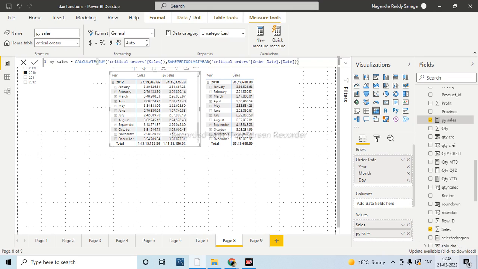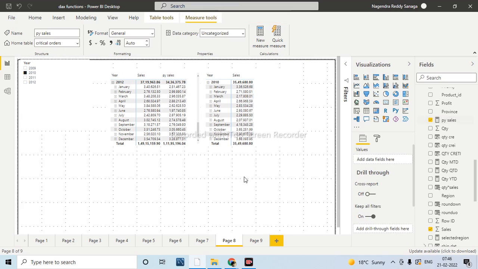But my requirement is that now I am seeing the information until the 21st, whatever information we have. Today's date is the 21st, right? Now I want to see the last year's information only until the 21st. Then directly this function will not work. Then you should use some alternate function. Directly we don't have that function. You need to work around it, and you can get the information only up to the particular date. Recently I have done that scenario. I will show you that tomorrow. I will take that DAX function and explain it to you. Directly we don't have that function.